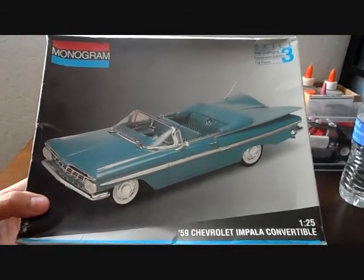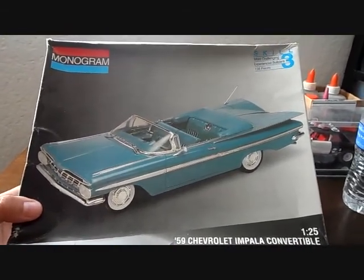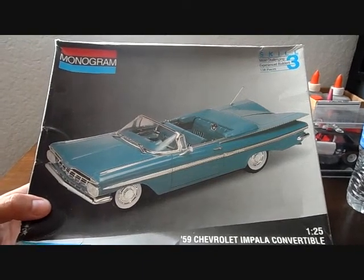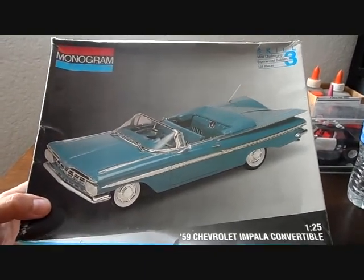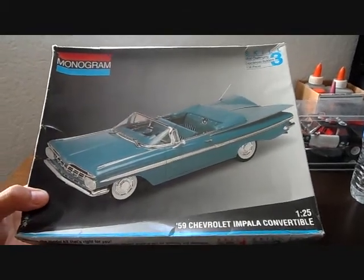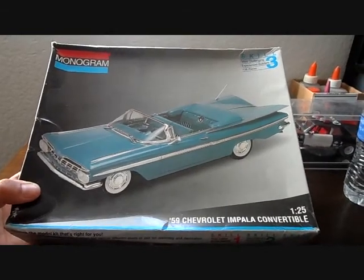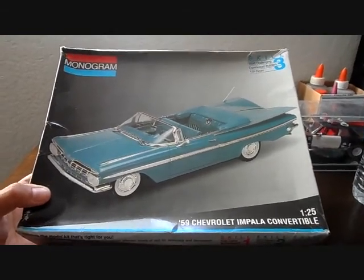Got another big box model kit right here. And this model kit review is on the Monogram 59 Chevrolet Impala Convertible. It is a skill level 3 and it is a 1/25th scale. So this is another badass Impala kit. I'm just really pleased that I have this in my collection, and oh man, it's just so cool. And on a scale of 1 through 10, I give this Impala kit a 10 because of the quality of